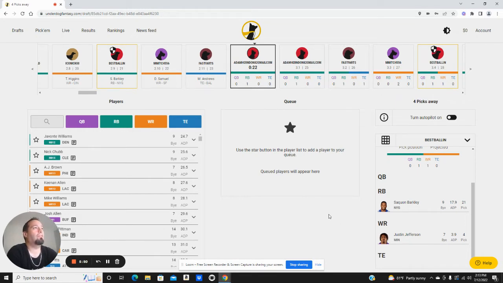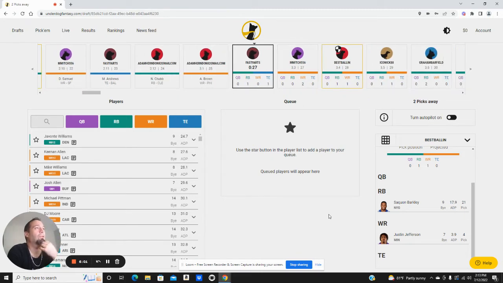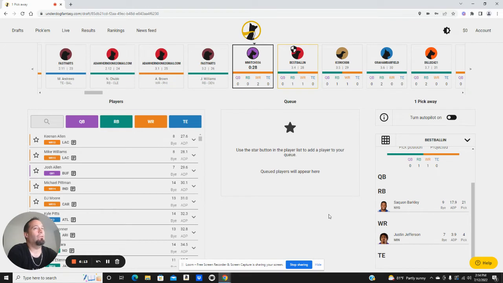So getting back to the different types of roster constructions, obviously we will not be picking zero RB with this team because we've already taken Saquon, which means we're at minimum at a hero RB team. So to me, a hero RB team is like one running back from Miles Sanders, Antonio Gibson level all the way up to the top. Only drafting one person in that range at running back. That to me is hero RB.